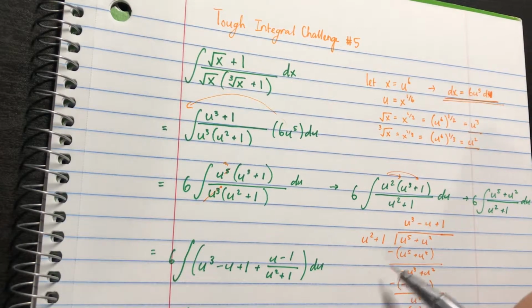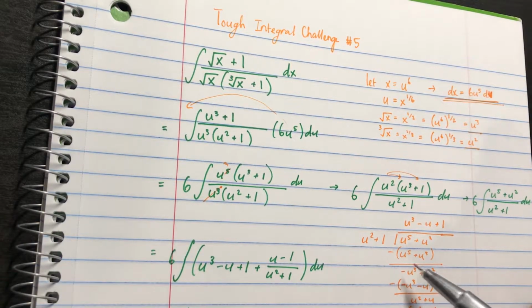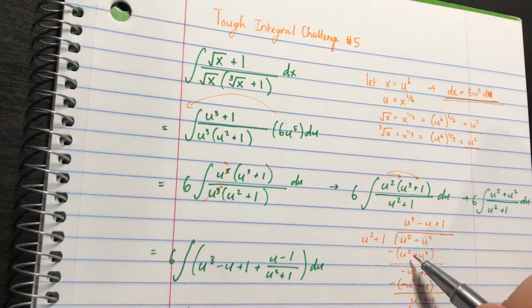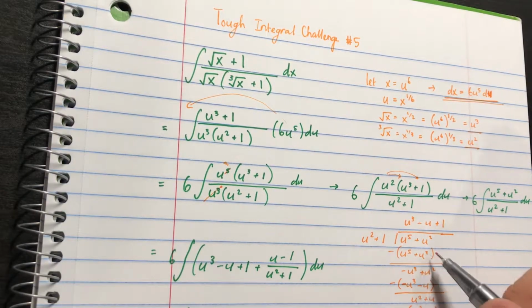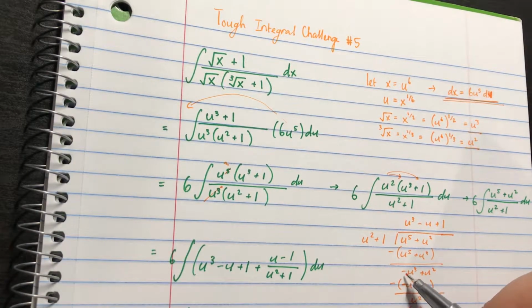And next, I have to keep in mind that this is all going to be subtracted, so u squared times u cubed is equal to u to the 5th, and 1 times u cubed is equal to u cubed. When you distribute the negative sign, what you're left with is negative u cubed plus u squared. Now that I'm trying to get rid of this